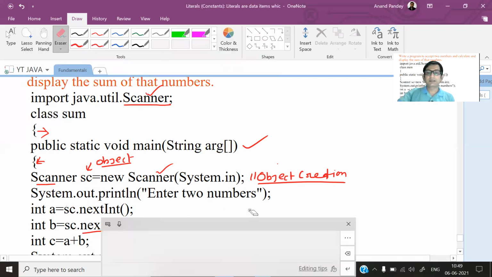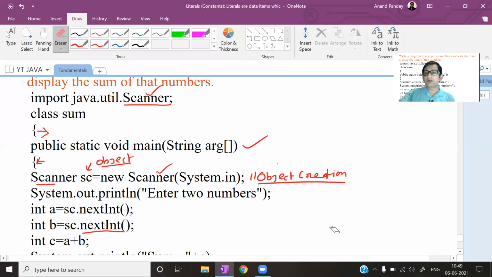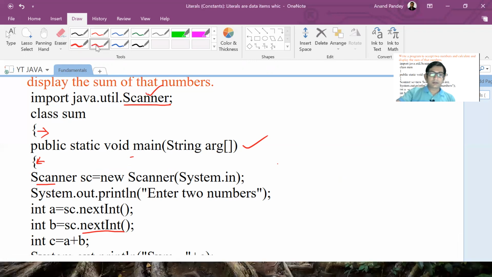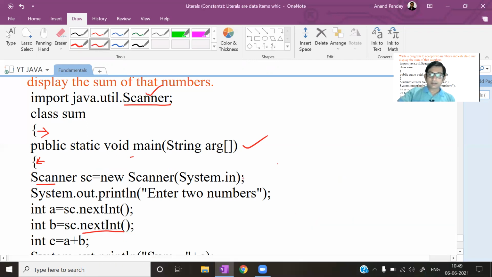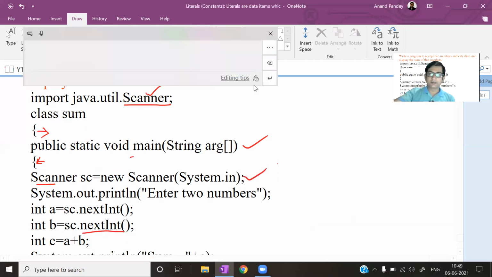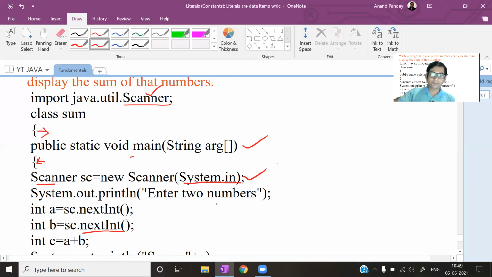So again, remember please, why do we create the object of any class? To access, to use the members of that class. उस class के members को use करने के लिए. Simple. Now just learn it. It is written like this. I will come to this System.in also afterwards. Just Scanner sc = new Scanner(System.in). Here we are creating the object of the Scanner class. Why we are creating that, I have also explained.